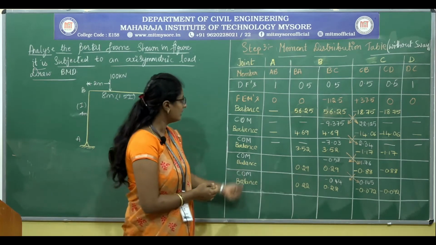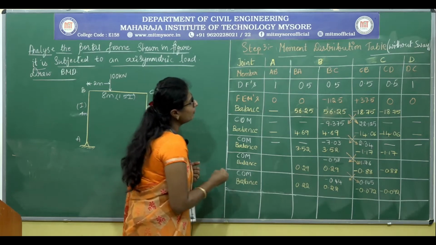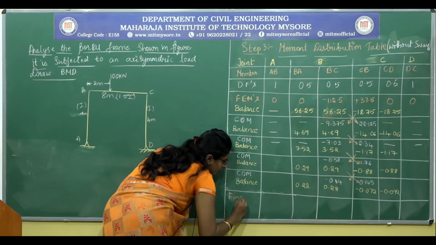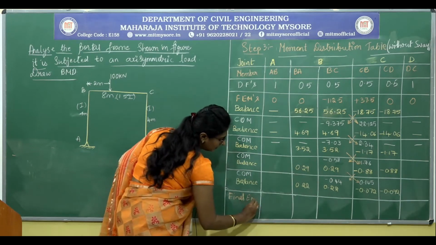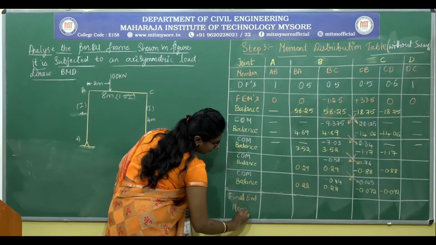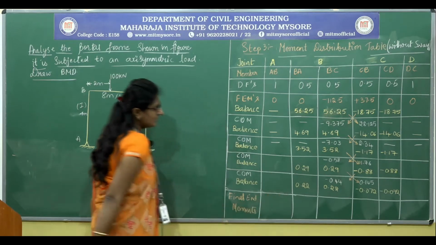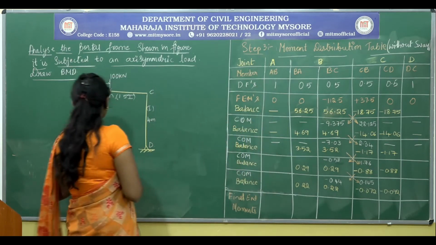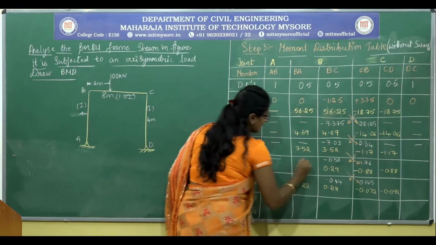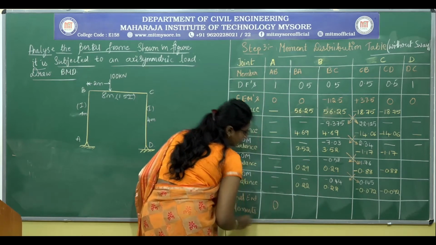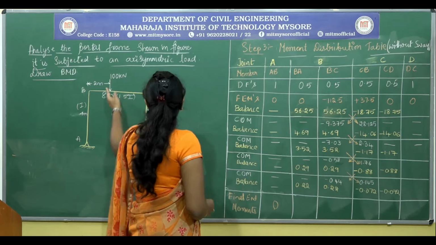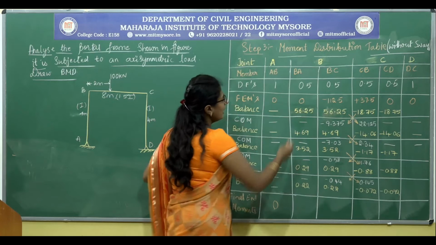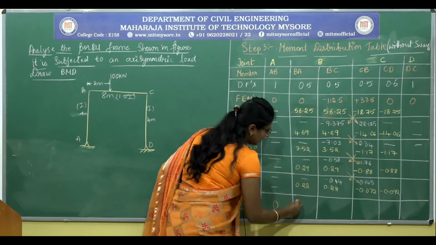And finally now we can calculate the final end moments. So what is the final end moment of joint A? Since it is hinged, we can take this as 0. Then for BA, add all the moments from fixed end moments, we get